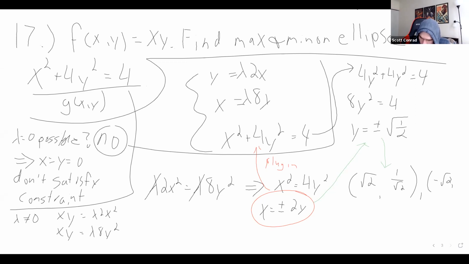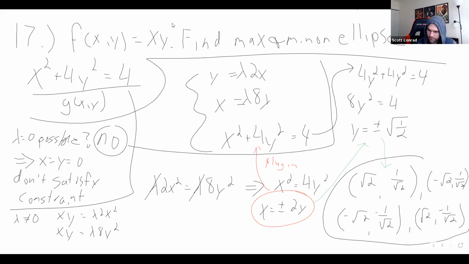And then we also get the point where x is negative 1 over root 2. So we get negative root 2, 1 over root 2. And then we do the same for negative. Y is negative 1 over root 2. So we get negative 1 over root 2. X is negative 2 over root 2, which is negative root 2. And then we also get negative 2 over root 2. So we get root 2, negative 1 over root 2. Okay, so these are our points